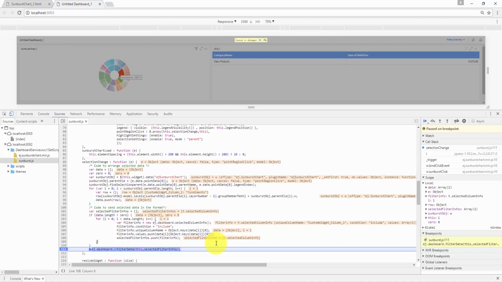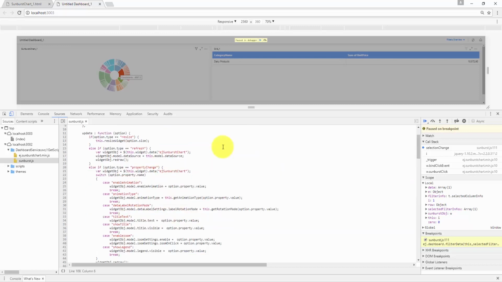You may have a question now, what if my widget acts as a slave widget? Remember that there is an update function which will be triggered whenever the widget has to be re-rendered, and here the update type is of type refresh.